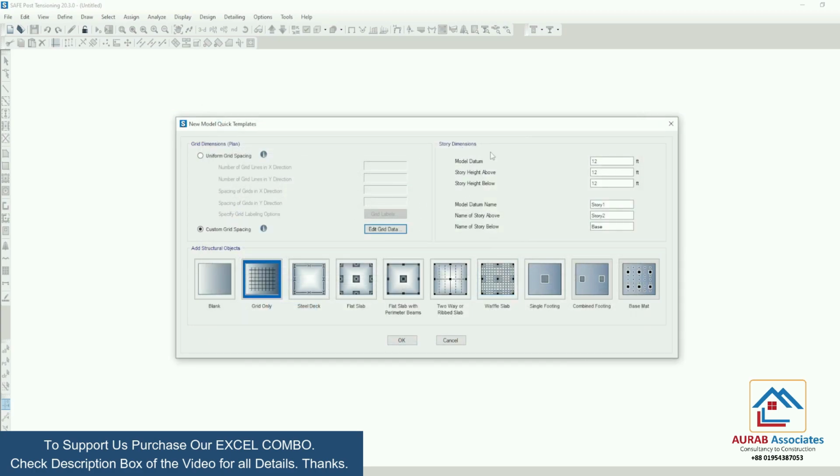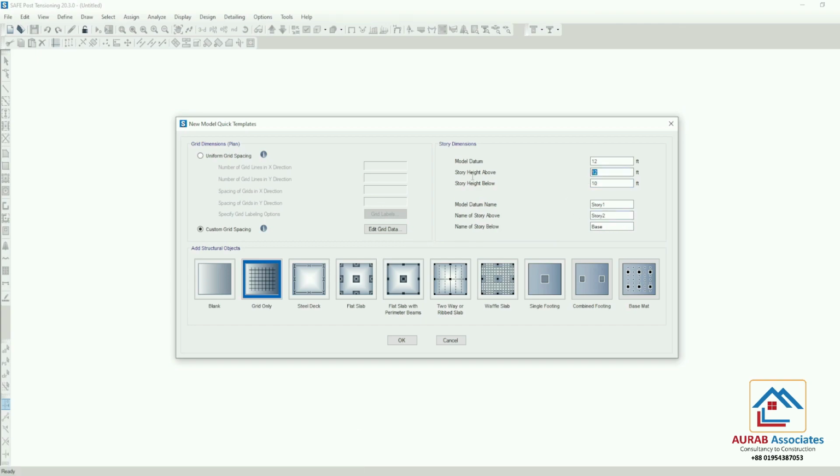Now go to story dimensions. Here name of a story below, that means base. Here we will use 10 feet. Name of a story above, that is story 2. Here we don't need any story above, so we will use 0 here. Model datum, that means story 1.